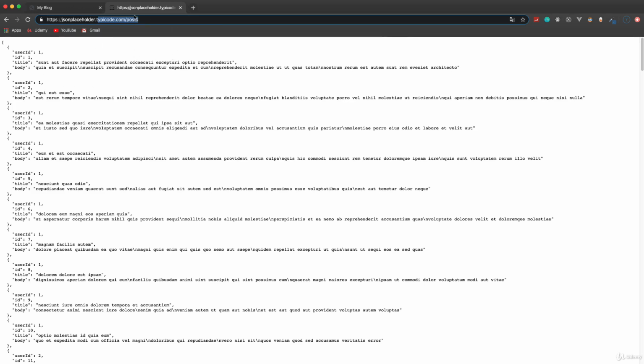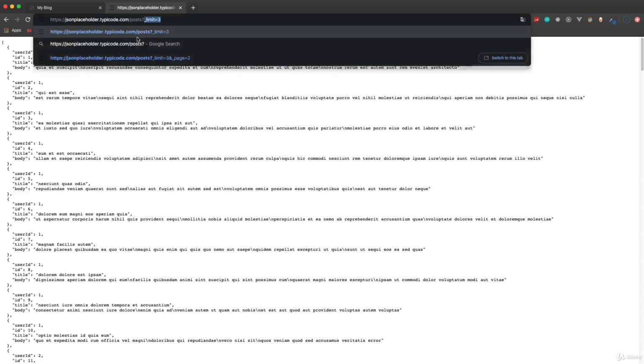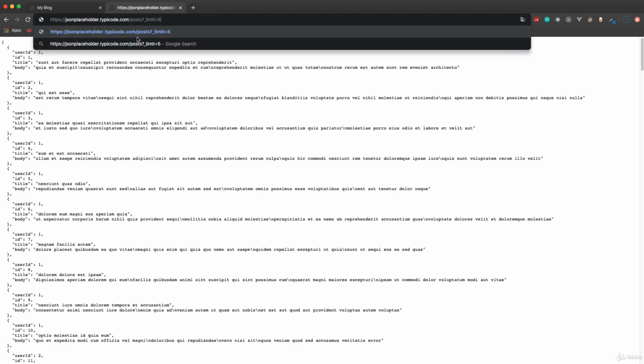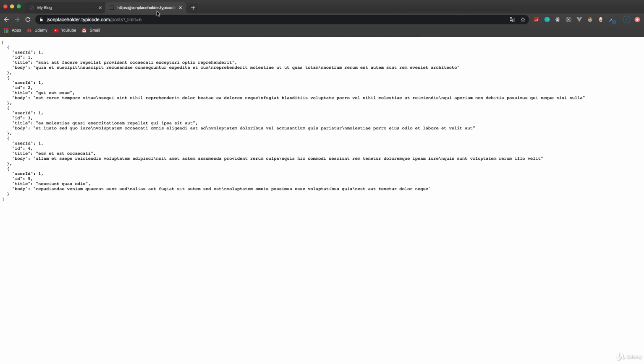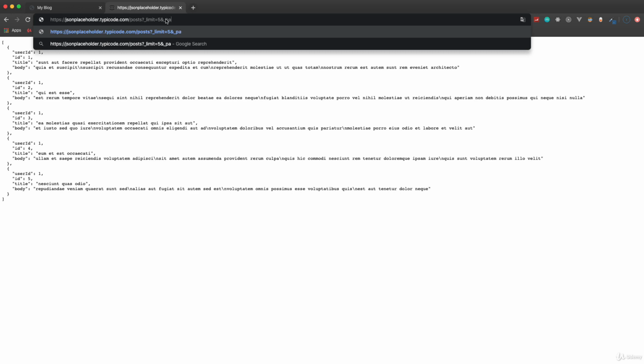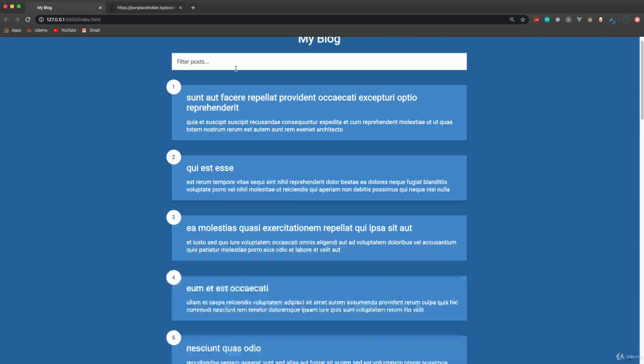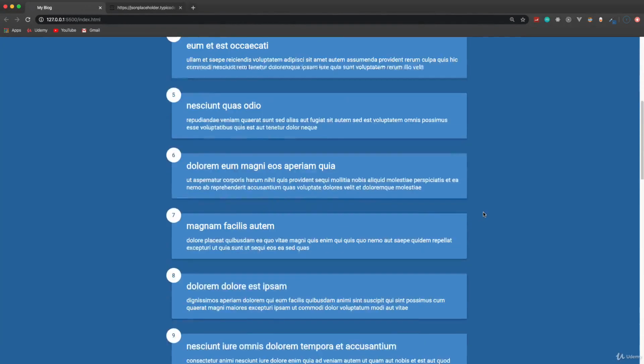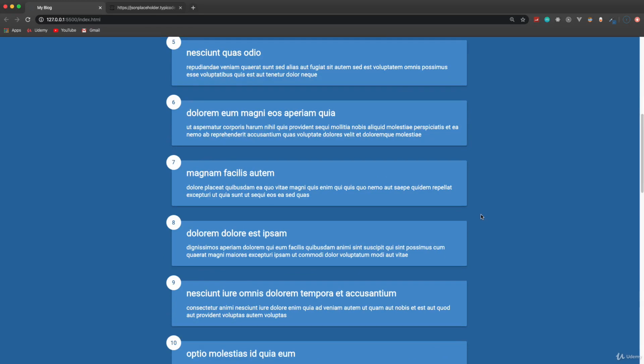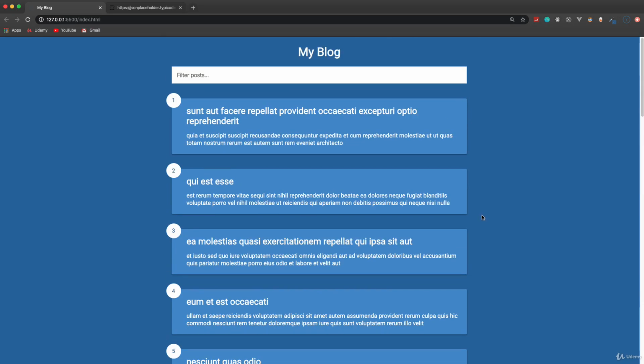We're going to make a request here, and we can also add parameters to get specific amounts. So I can say underscore limit equals 5, and it'll give me 5. And if I want to get the next page, I can add in underscore page equals 2, and now you'll see that the ID starts at 6, so it gets me the next page. So that's what we do. We're going to make it so that when we hit a certain point in our scroll, it'll fetch the next batch of posts. And then we're also going to implement this filter